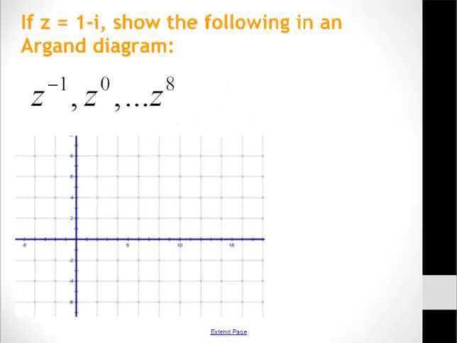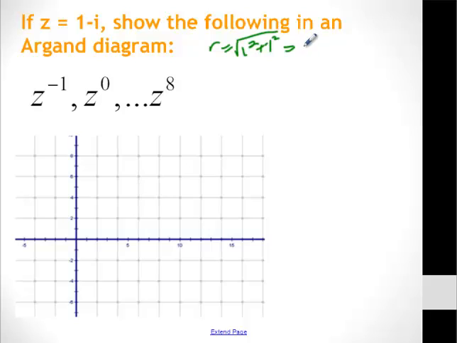Okay, so we have z is 1 minus i, and we want to show the following in the Argand diagram. We want to look at z to the negative first, z to the 0, and all the way up to z to the 8th. As we're going through this, z to the first is 1 minus i. What I want to do for a second is graph that not as 1 minus i, but change it to polar coordinates, because when I look at r, I get 1 squared plus 1 squared,